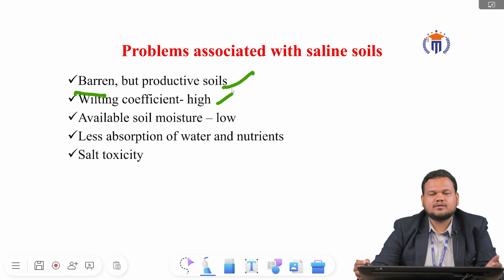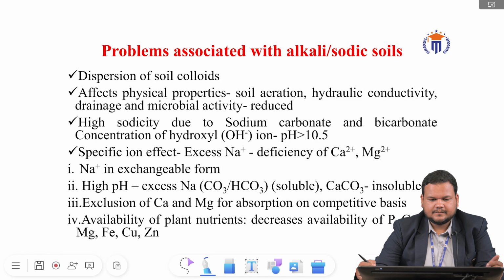And the available soil moisture is low due to the presence of a large amount of salt. And salt toxicity happens, which reduces the amount of nutrients available to the crops. So these are the problems associated with your alkali soil, which is the dispersion of your soil colloids,